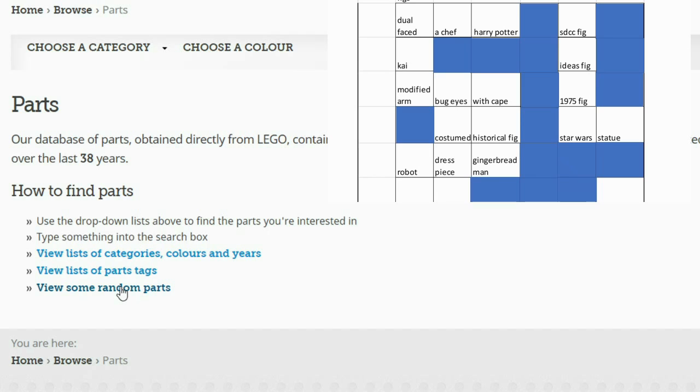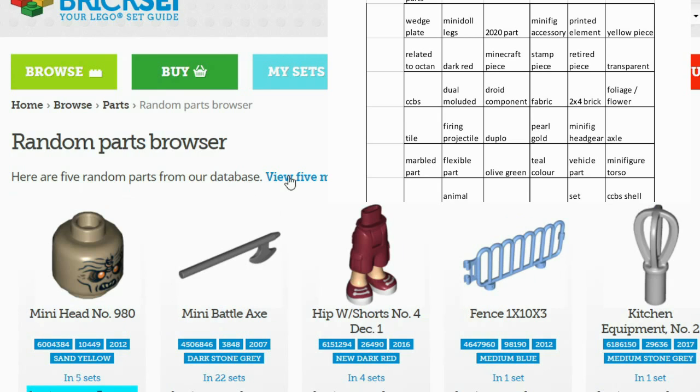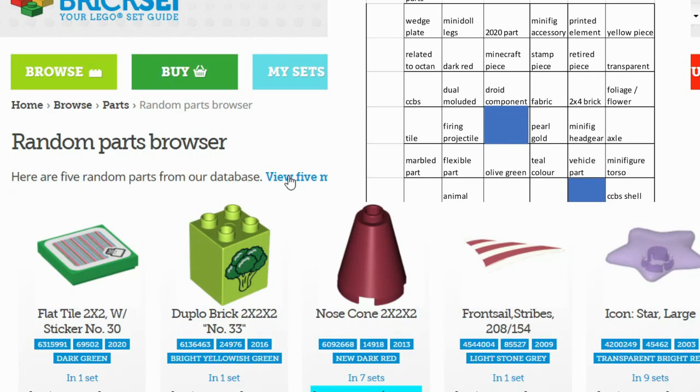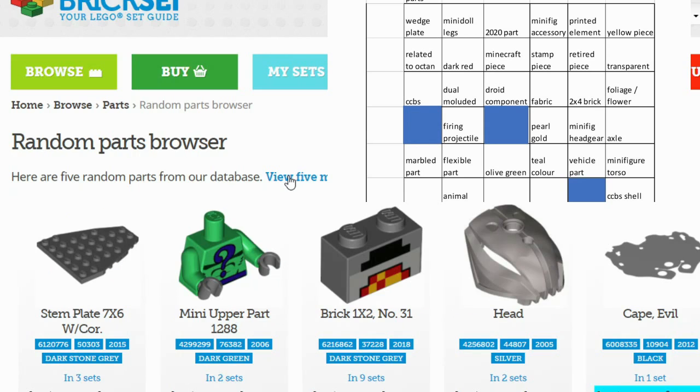And here we go with our first generation on the parts grid, which you can see on screen now. And this is our first generation. Oh, this is going to take me a while. No. Found a set exclusive part in the first generation, Duplo part in our second generation, a tile showed up in generation number 3, I got a 2020 part for my 4th try, a fabric piece in number 5, got